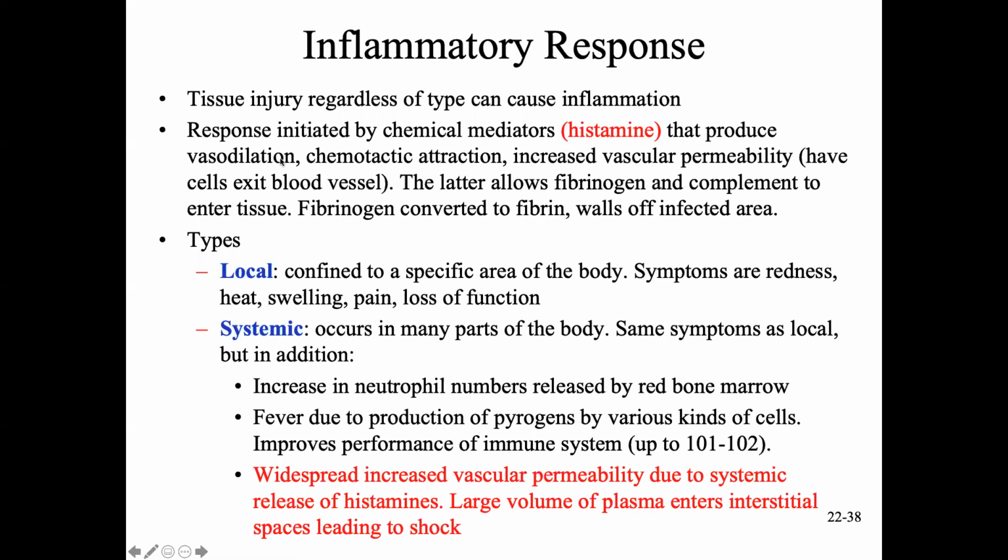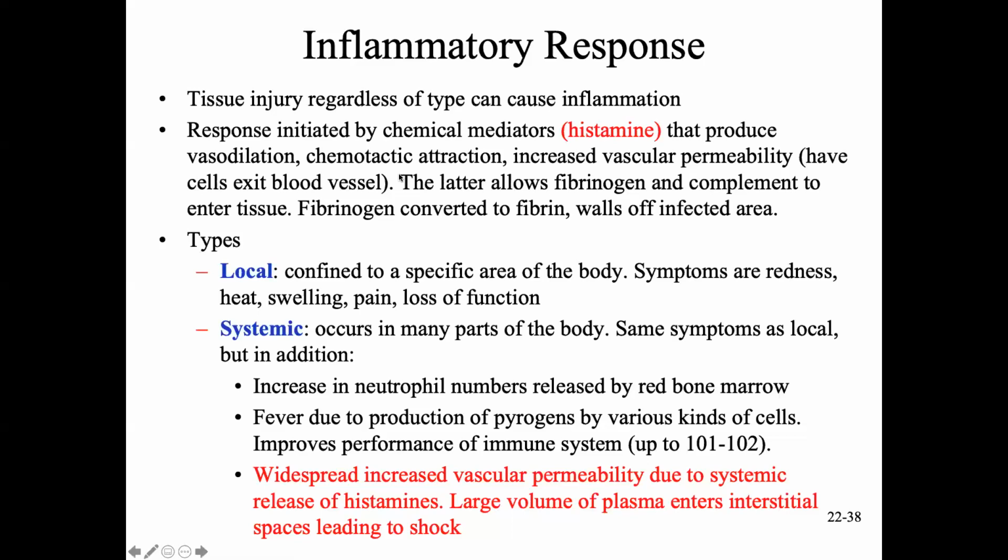Histamine produces vasodilation, produces increased vascular permeability, right? And we have complement proteins that have chemotactic attraction. Now, fibrinogen and complement enter the tissue. Fibrinogen converts to fibrin, which walls off the infected area. Complement enters the site and starts attaching itself to the microbes, C3, and it starts to bring more white